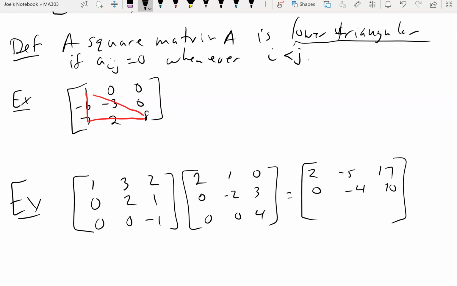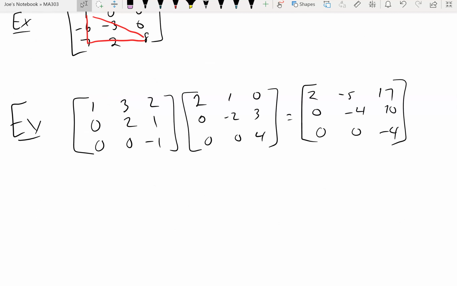Now what happens in the third row? When I match row 3 and column 1, what do I get? 0. When I take row 3 and column 2, what do I get? 0 as well. And then I get negative 4. So notice when I took the product of these two upper triangular matrices, it stays upper triangular. I don't introduce new non-zero entries when I take the product of the two. The same thing happens for lower triangular matrices. So the theorem is